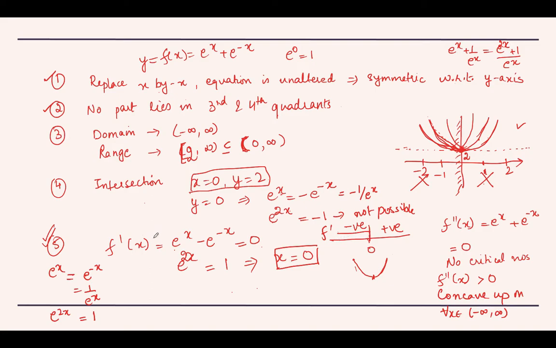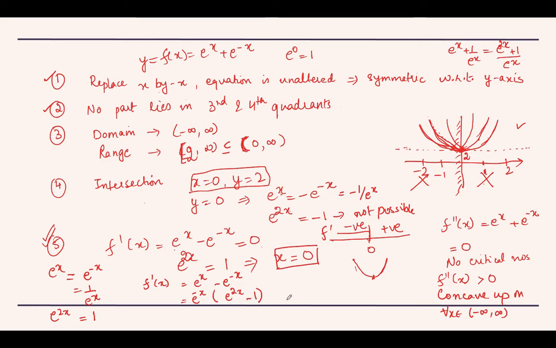For that, what we are going to use is the concept that the function e to the power x is an increasing function. So when we look at f dash again, our f dash x is e to the power x minus e to the power minus x. We can rewrite this as, now we can easily see this part is always positive. So the sign of f dash is determined by e to the power 2x minus 1.